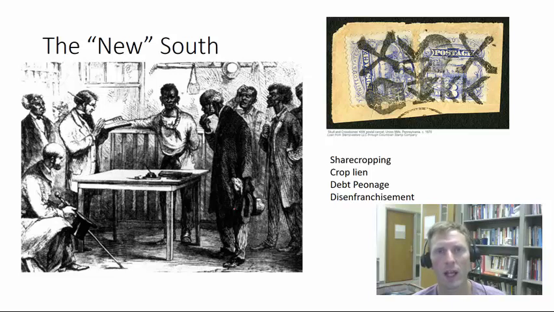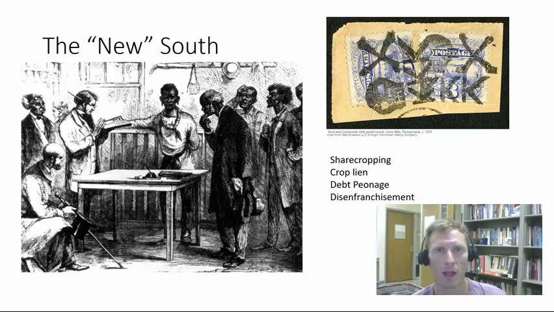White Southerners really want African Americans to work in gang labor, which looks a lot like slavery had before, where 30, 40, 50 black people show up in the morning. They work, whites can whip them, they're told what to do, and at the end of the day, maybe they get to leave. African Americans wanted nothing to do with gang labor. African Americans wanted to own their own land, they wanted to have their own little home, they wanted to have their women work, stay in the home. So basically, black men just wouldn't show up. If they went to gang labor and somebody got whipped, the next day they just wouldn't come.